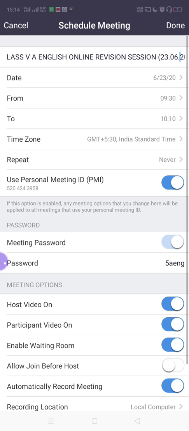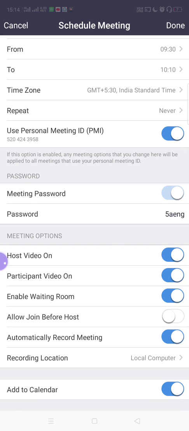And the next is advanced options. This is a bit important, right? Advanced options, enable waiting room. Yes, we are going to enable the waiting room because you have to take the attendance, you have to see who is joining your meeting. Suppose you are allotted 1 to 20 roll numbers, you will have the roll numbers and names of the students too. So you have to check each and everyone who is joining your meeting, and this is to make sure no outsider can join it. That's why we have this breakpoint here.